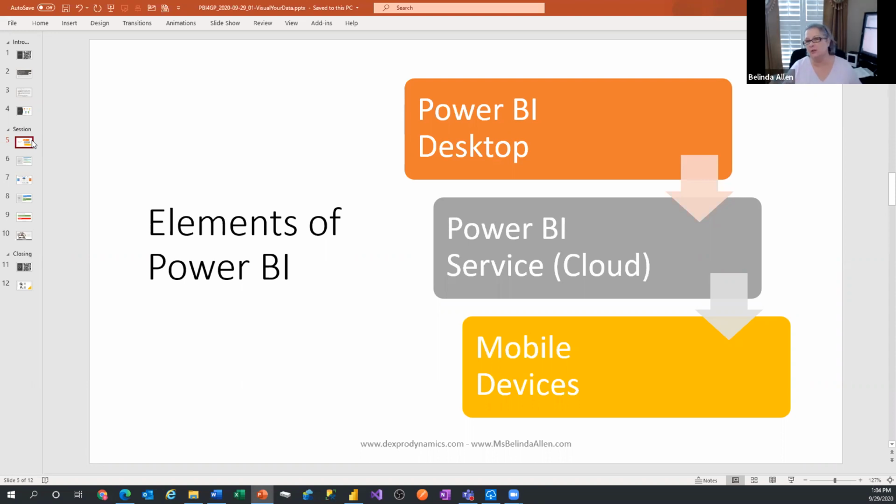Now, a mobile device could be your iPhone, it could be your iPad, it could be your Android device, or you could even go to the Microsoft Store and download a mobile device for your desktop so that you could consume the reports the same way you would in the cloud. And they all work together. So everything you build in the desktop will then be available on your phone. Now, the desktop software is free to download and free to use, regardless of what kind of account you have. And that's where we're going to be spending the bulk of our time today, because that's where you do the